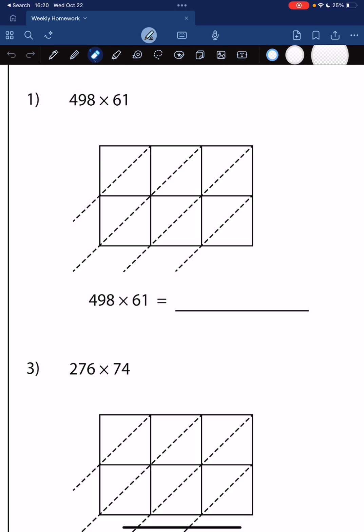So let's see here. So first thing that I'm going to do is, of course, I'm going to use some colors, because I really do love the colors. I think they help the kids. They understand a little bit better when we use the colors, okay? So what I'm going to do right now is, for my first number, my 3-digit number, which is 498, we don't have to do any of that fancy stuff that we did before, okay? All you have to do is write 4, 9, 8, so that each digit gets a column, okay? And then we are going to write our second number, which is 61 in this case, over here to the